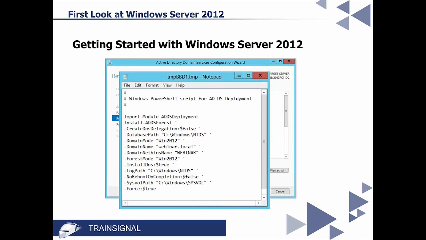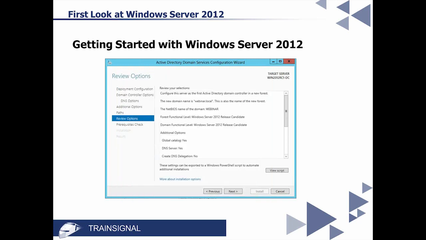Why is this important? Because if you want to do this in PowerShell and maybe script this for some other computers, you can take a copy of this file, or save this file and then copy it and modify things like domain name or computer name, and start doing mass deployments. That's something that's very cool, and again, you're going to find it throughout Windows Server 2012.